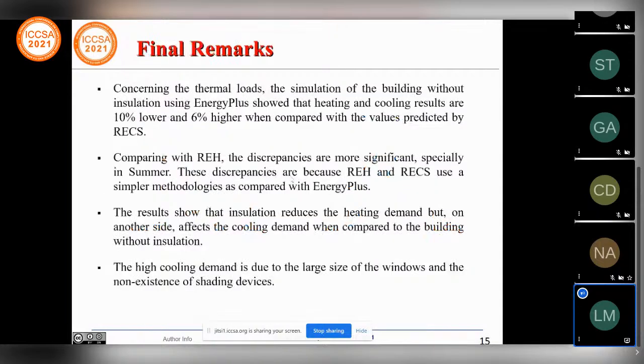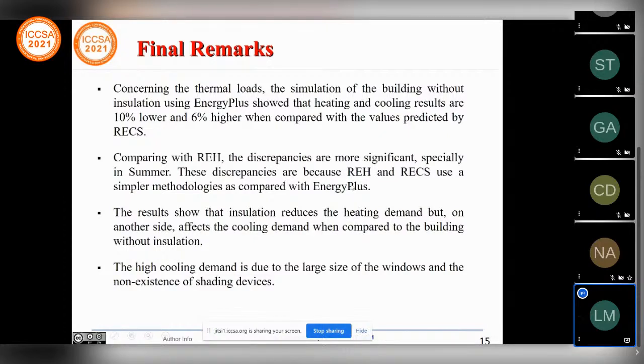The final remarks are that concerning the thermal loads, the simulation of the building without insulation using Energy Plus showed heating and cooling results similar to RECS, 10% lower and 6% higher. But with REA, the discrepancies are much more significant, especially in summer, so you cannot evaluate. And REA is just a system of comparing different buildings, but not for really evaluating the energy consumption of the buildings. Anyway, in winter it gives quite good results, but in summer the results are